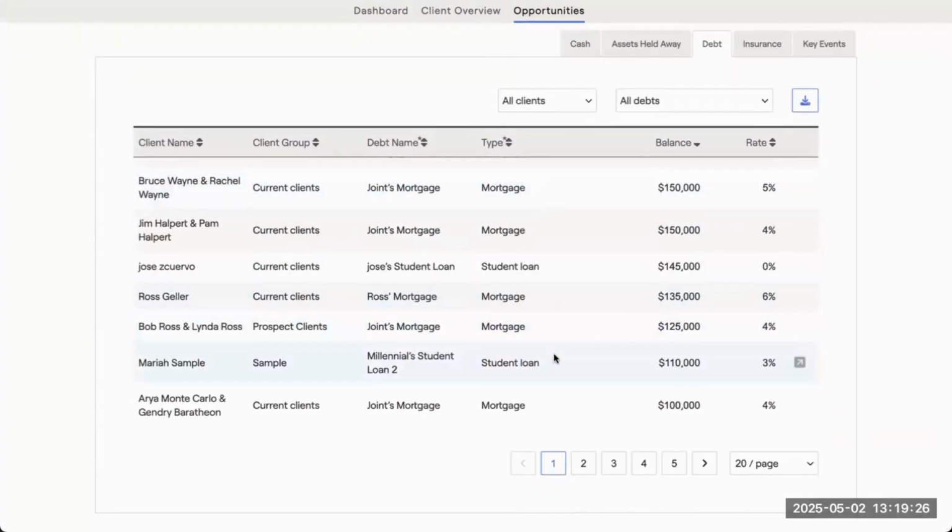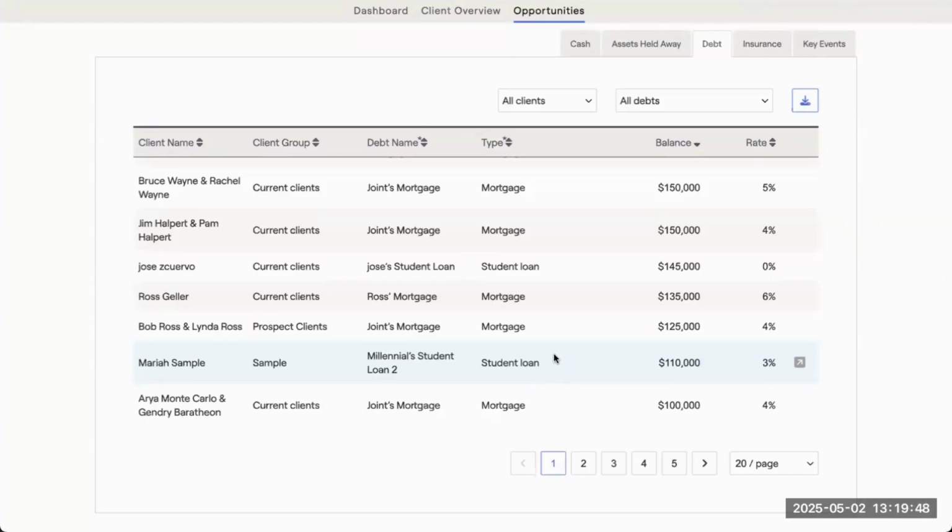So maybe a different type of opportunity we're looking at is expanding our book of business and our planning offerings. And perhaps debt is not yet one that we look into. Debt might be that opportunity for some advisors. Maybe it's also student loans. So if we see, based off of my analytics, a rise in those age ranges that do carry student loans,